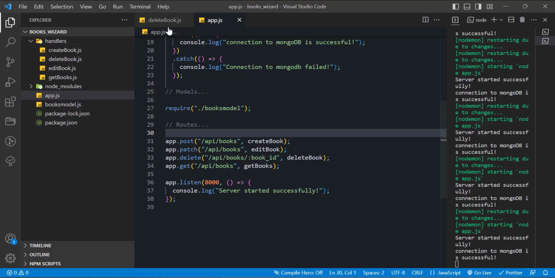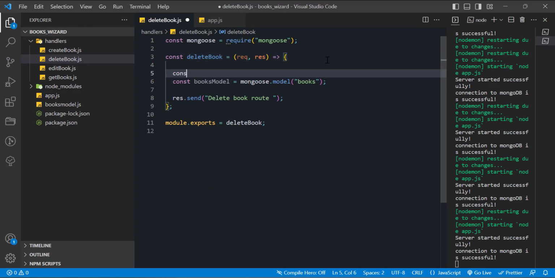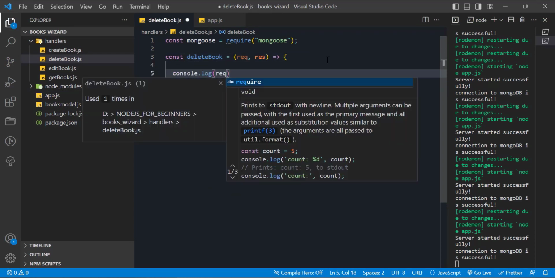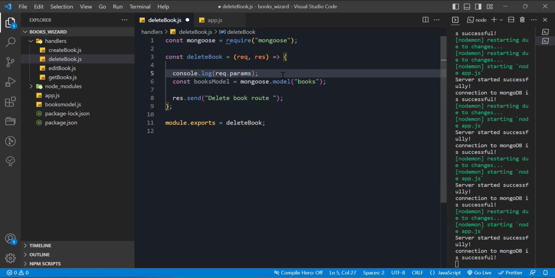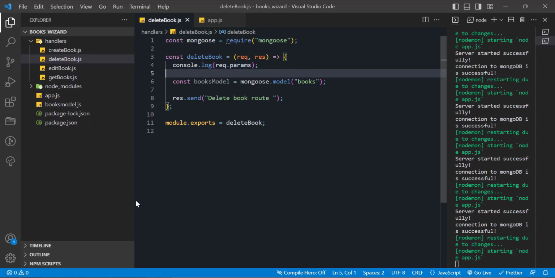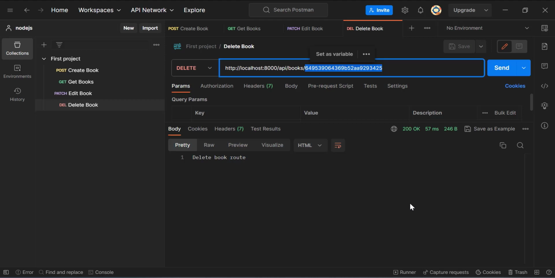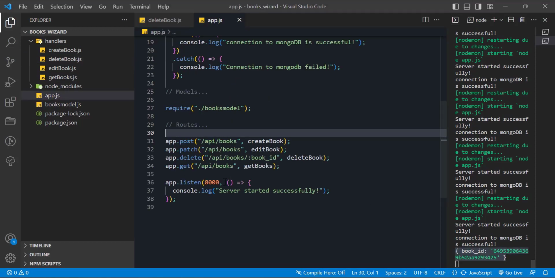So navigate into the delete book route and then let's console request.params. We are not sending the body, but we are making a change to the URL parameters. So we need to detect request.params. Let's save this and let's send the request again. So if I send the request, you can see that in console we have got an object with a book ID. So whatever we have written in this parameter, book_id, will be displayed as an object as a URL